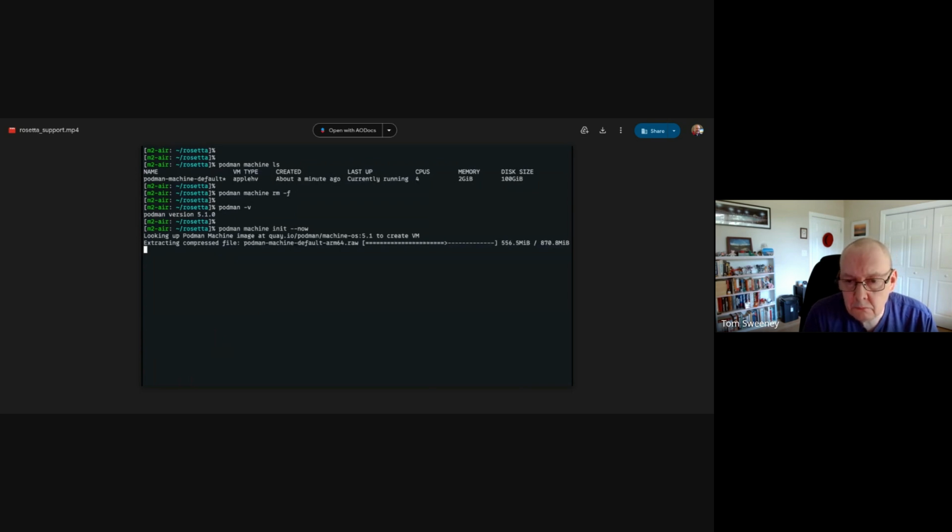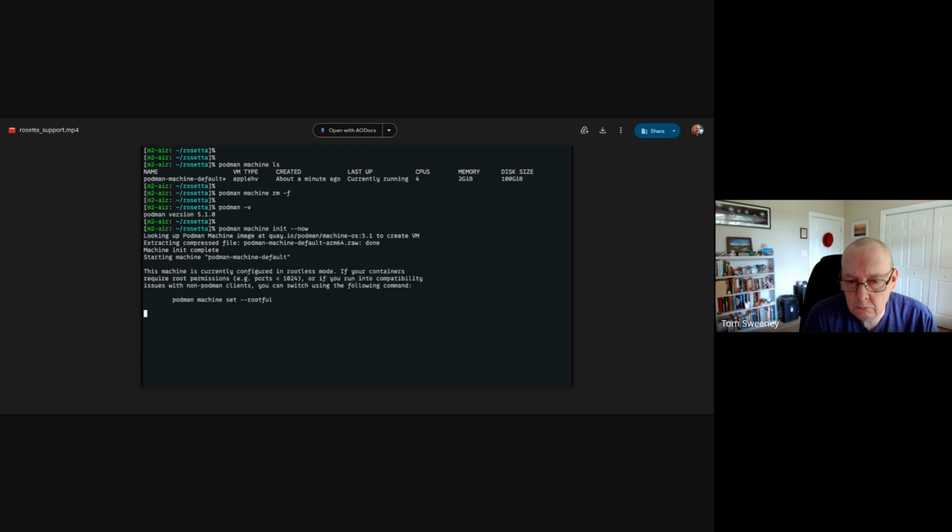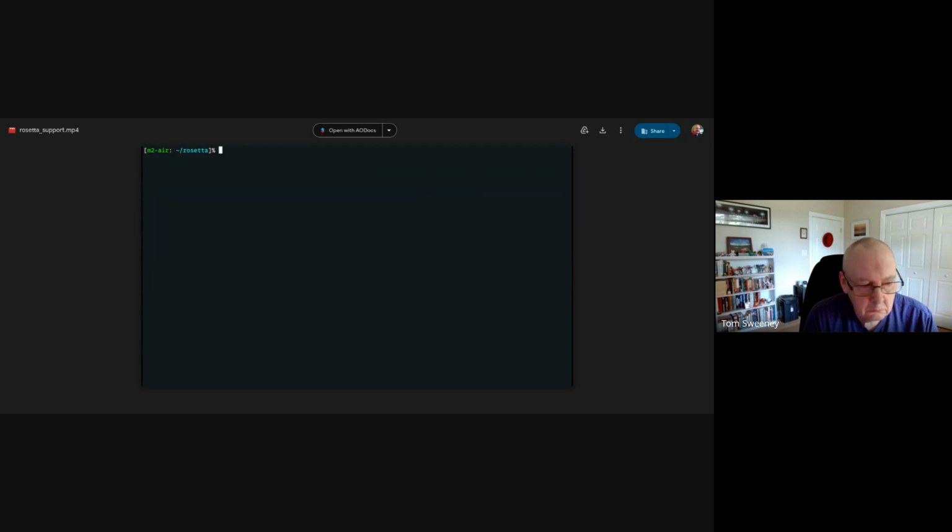In this environment, the version 5.1 machine OS image is already downloaded, so it will be built from the cache. Normally, about 900 megabytes of binaries will be downloaded from the internet. You can verify that Rosetta is enabled by running Podman machine inspect command.